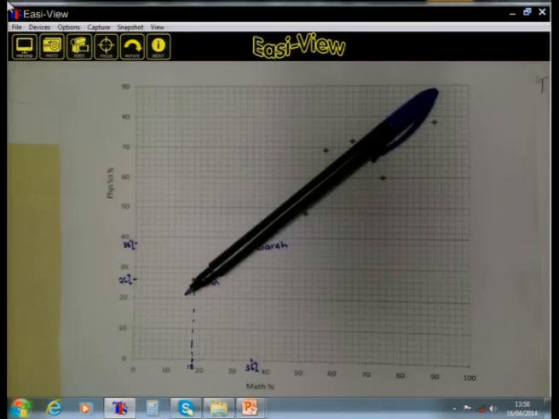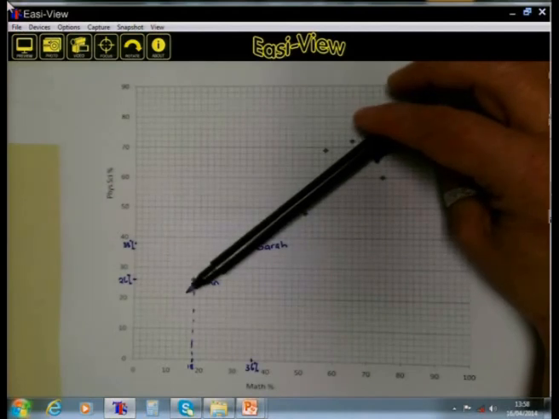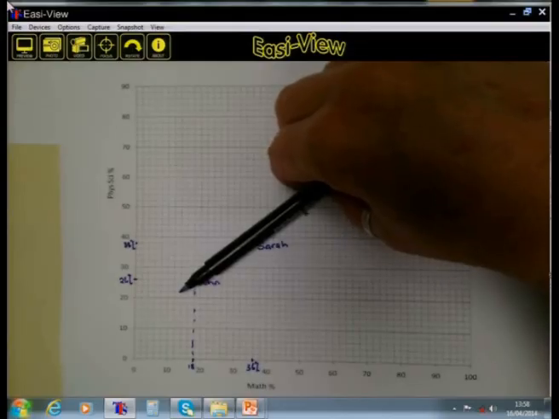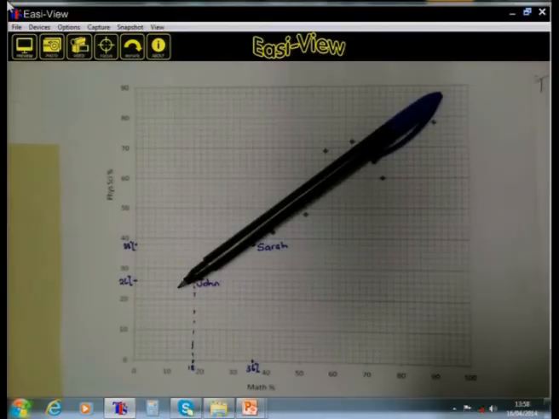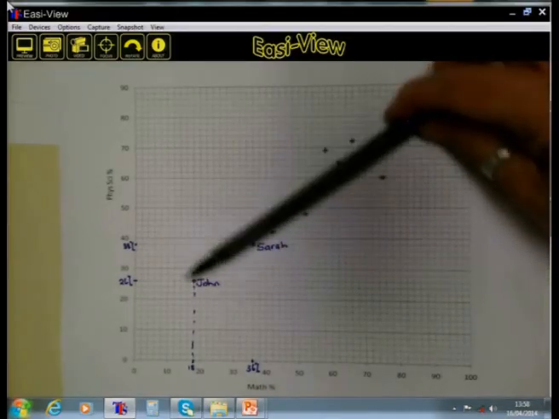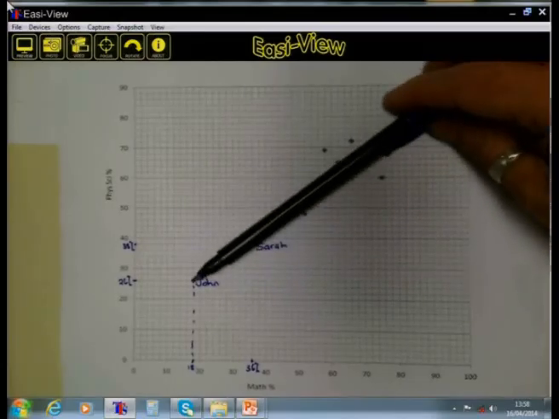Remember, you cannot generalize this yet because this was not done for all learners taking mathematics and physical science in all schools. But it appears that for that specific class in that specific school, we can make this deduction. If we do find that these points that we have plotted are very close and they are almost on a straight line, the closer they get to a straight line, the stronger is our positive correlation. In this case, we can see that the marks are a little bit further apart from this straight line.